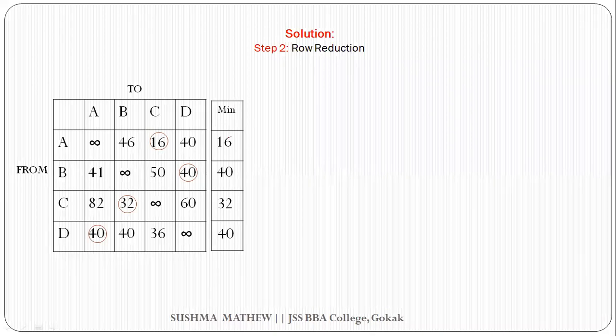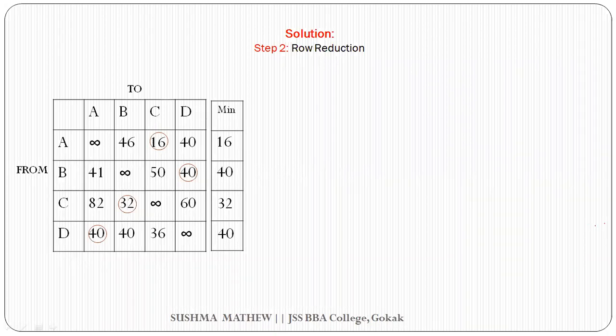Right? So having said that, now what are we supposed to do? From the bigger element, the minimum elements are subtracted and a new matrix is formed, and then that particular matrix is called row reduced matrix or reduced row matrix, right? So when we do that row reduction, our new matrix will be,